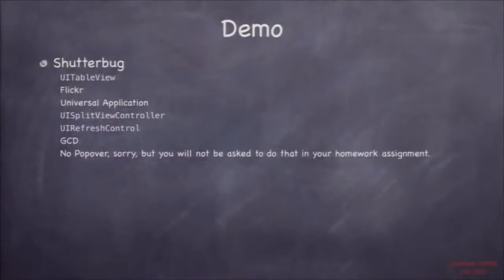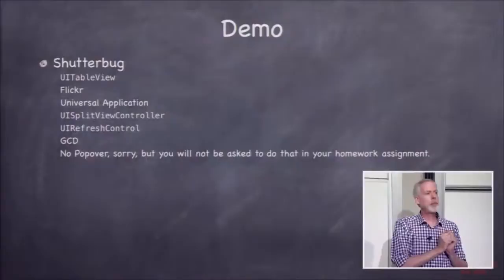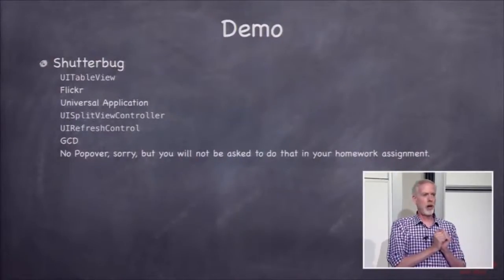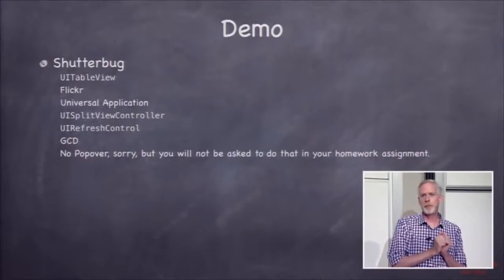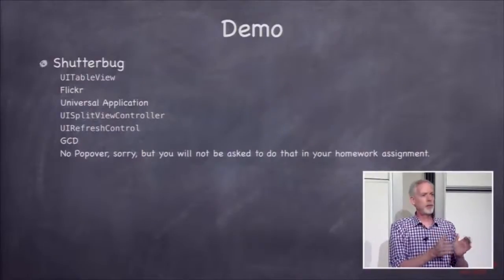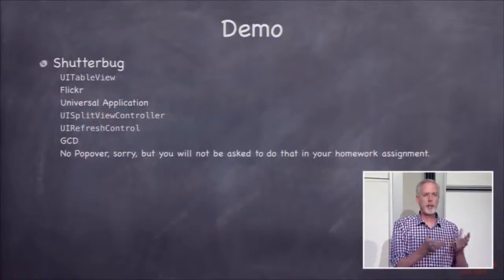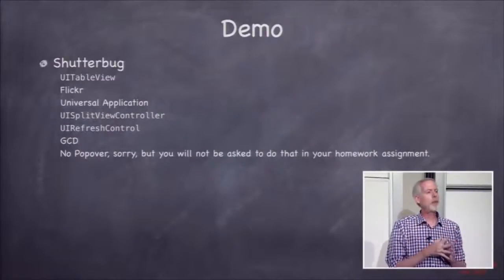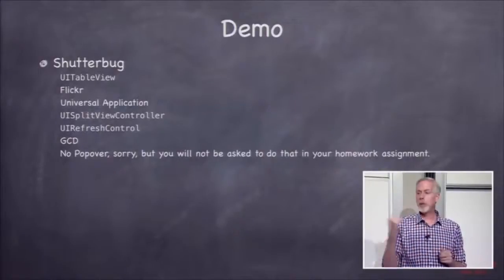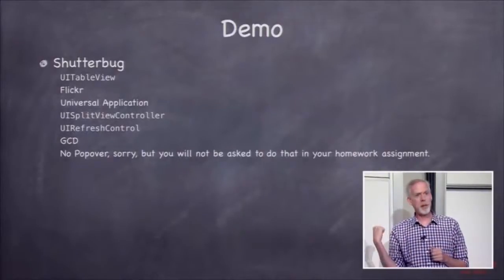So here is the demo. It's called Shutterbug, and what it's going to be is a table view full of a list of a couple of hundred of the most recently posted photos on Flickr. Okay? So I'm going to go out there and query Flickr with a URL and get this information, load up a table view with it, and when you click on it, we'll use our image view controller from Imaginarium